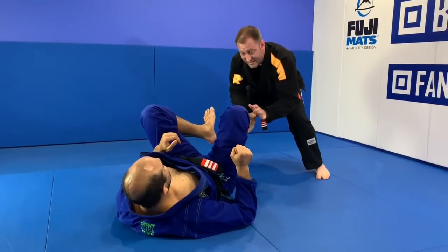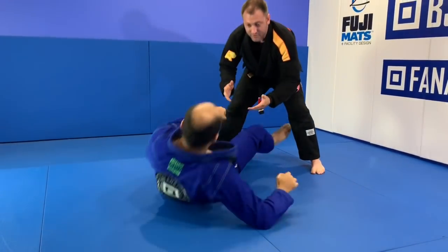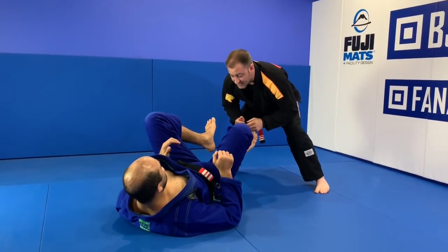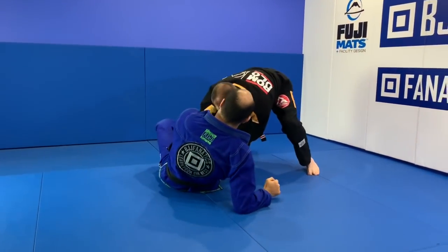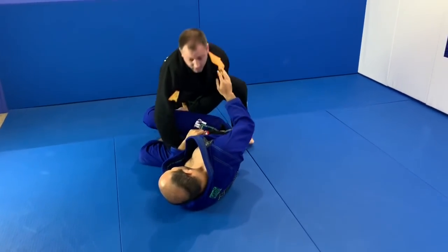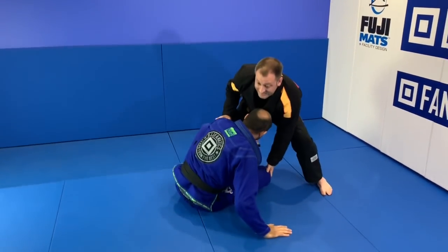Start low. I need this because if he wants to reach in, like he wants to get the half guard, no way. So I'm low. As he starts to get to the half guard, toreando, my knee goes straight through. And I go. If I'm high, and he goes for the half guard,